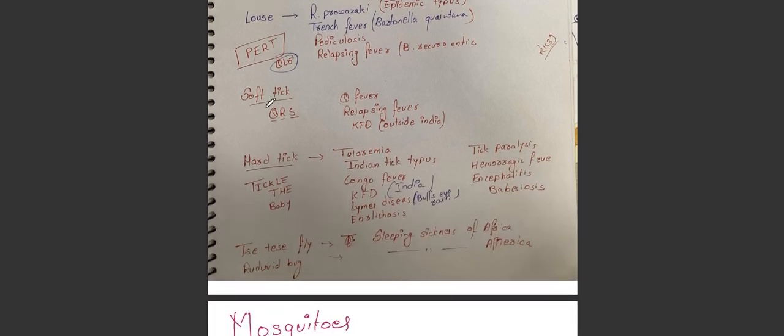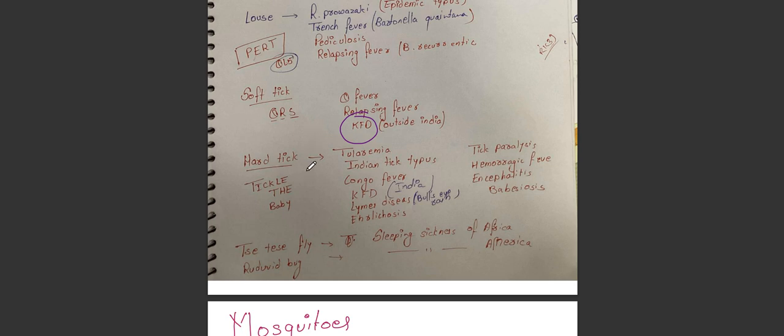Then the soft tick mnemonic is QRS, Q representing the Q fever, R representing the relapsing fever, and S is for the soft tick. KFD is soft. Foreigners are always the soft people, therefore it is caused outside of India and caused by the soft